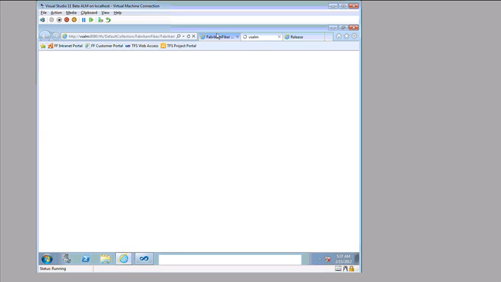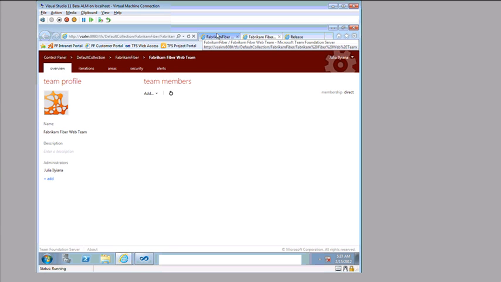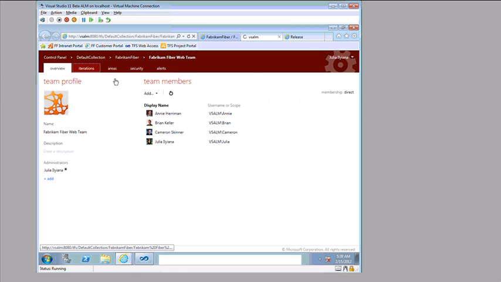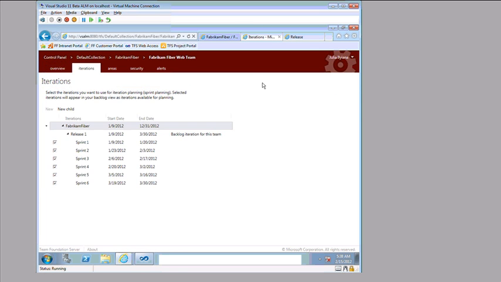So you can configure your sprints and enter what the dates will be by going here. I clicked on the little gear that was over here. I'm now in a separate admin page, and I can just go to these iterations. And you can see where I've got a parent release set up here, and then I've got the child sprints,